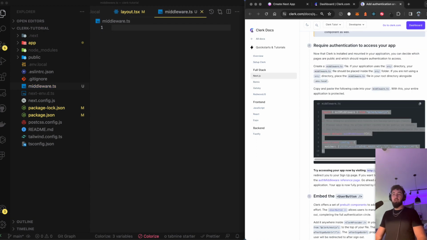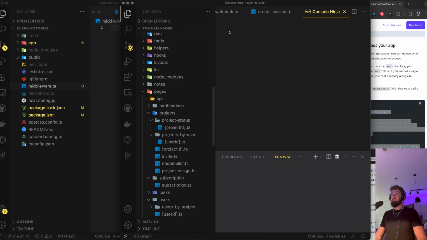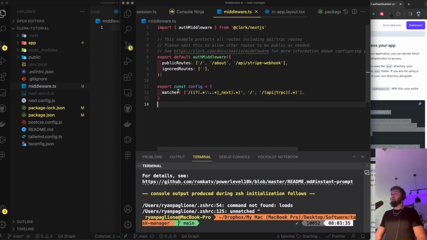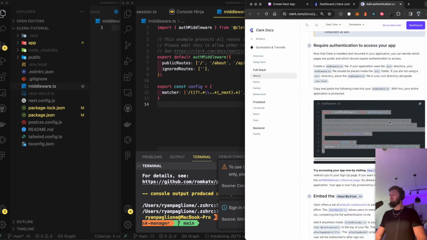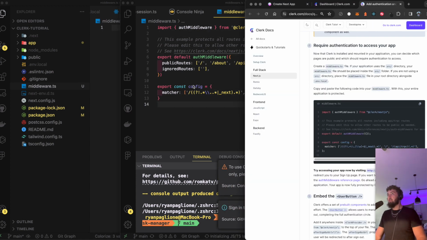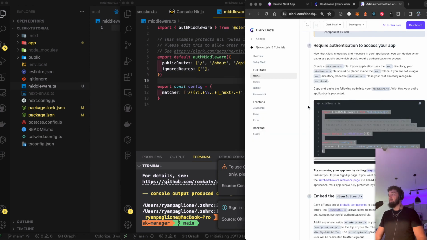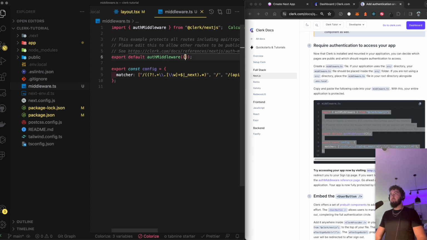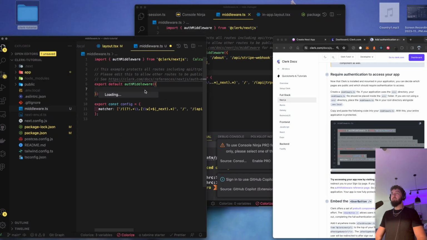I do have other projects. Let me reference real quick just to double check. I do remember I had to do a few other things in the middleware. So this is how I have the middleware, export authMiddleware. And yeah, this is the piece right here that I wanted to add, which was adding public routes and ignored routes. So this is what Clerk will provide you with, and you just need to open this up and